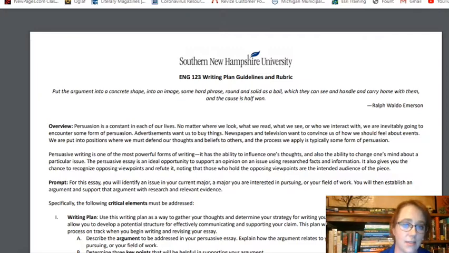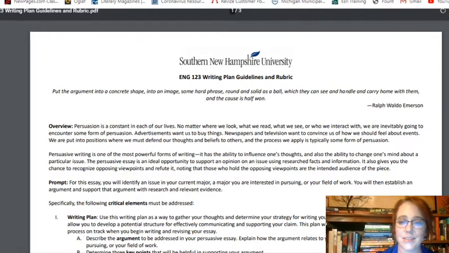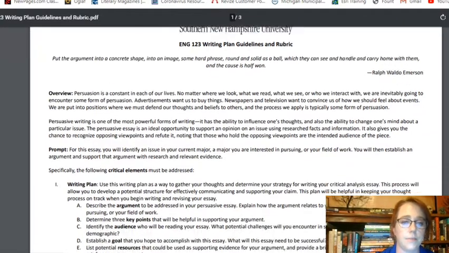Let's reassess the plan of action. How has it changed since we've done our research, since we've been thinking and critically analyzing and brainstorming? We should have a more fully developed plan than we did with our notes. So let's take a look at what we're doing with this assignment. Okay, this is our writing plan.